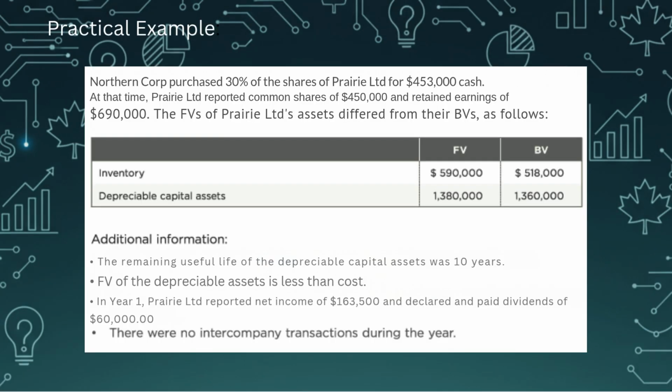For example, let's say Northern Corp buys 30% of Prairie Laminated for $453,000. Prairie earns $163,500 and pays dividends of $60,000 in year one. Northern's share of income is $49,050. But after adjusting for inventory and equipment fair value differences, equity income comes to